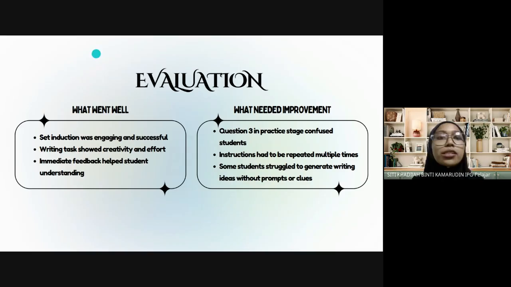So in the reflection, I wrote what went well. The set induction successfully captured attention. And then students showed creativity and effort during the writing task because they wrote more than what I intended them to. And then giving immediate feedback, as I was giving immediate feedback, helped them